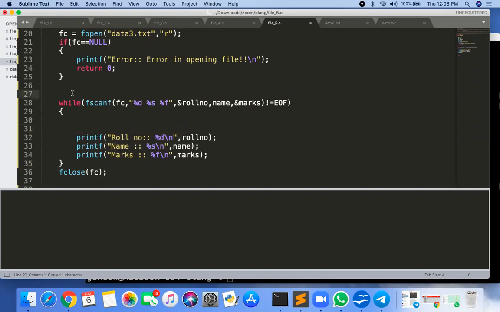I'm putting this printf, Control X, Control V, outside.